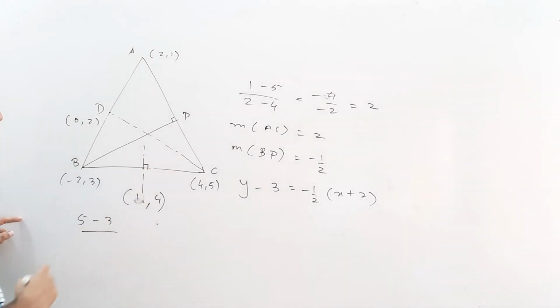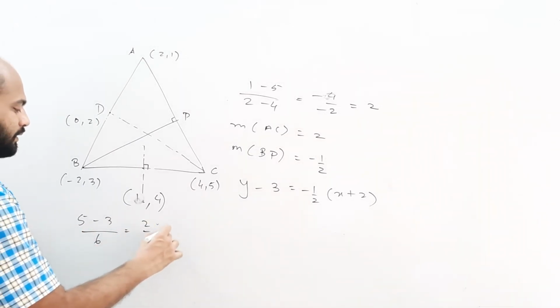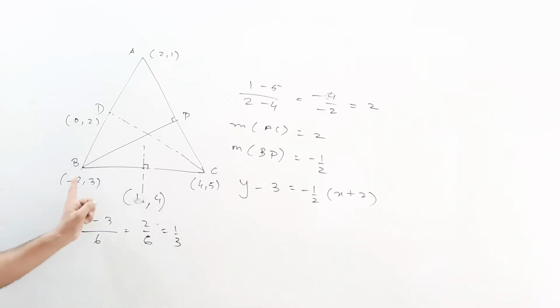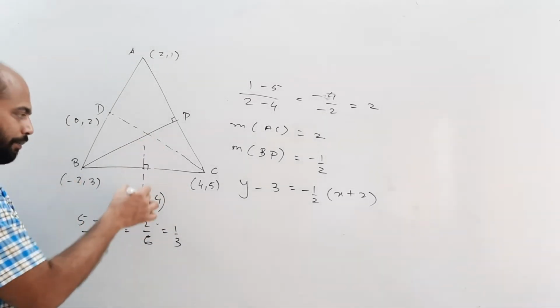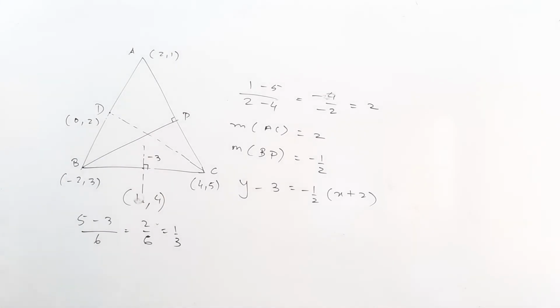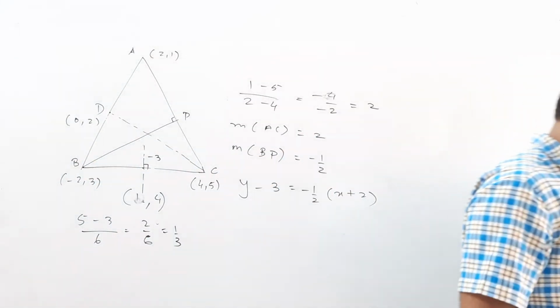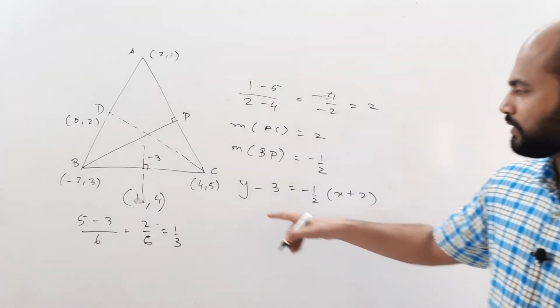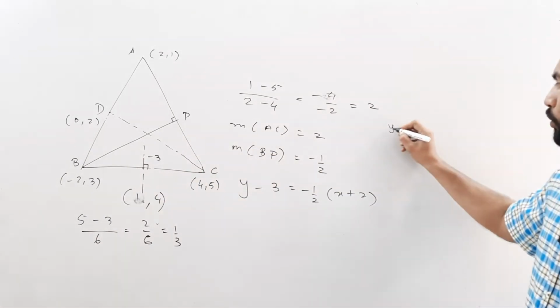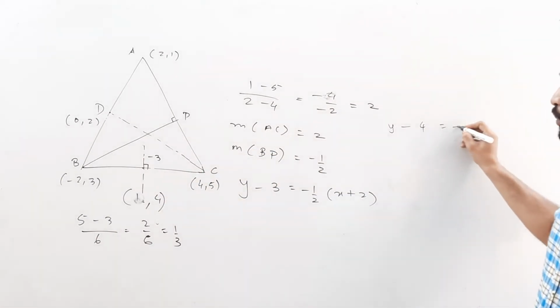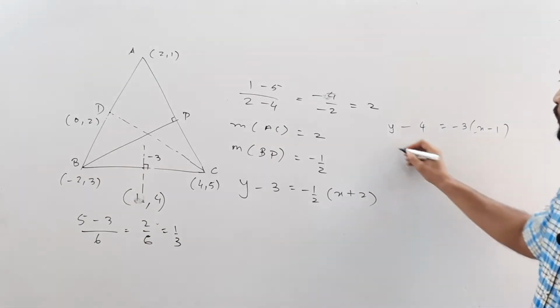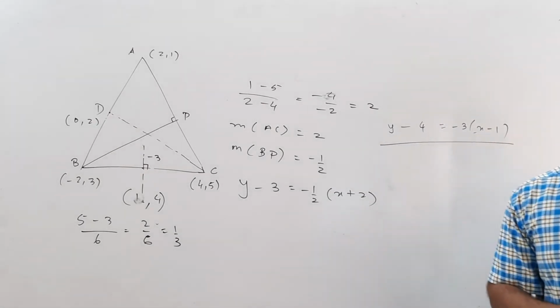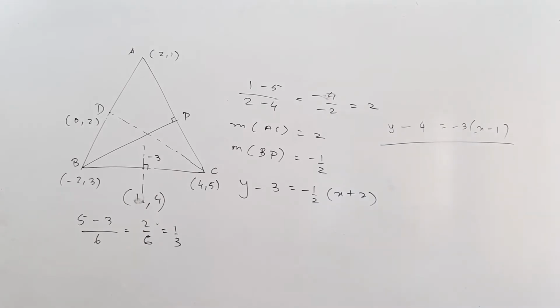Now once we find this point 1 comma 4, we can find the slope of this, that comes out to 5 minus 3 by 4 plus 2. It's going to be 6. It's going to be 2 by 6, that is 1 by 3. The slope of this line is going to be 1 by 3. So the slope of the perpendicular will be minus 3. So next, since the slope of this is minus 3, the equation is going to be y minus 4 is equal to minus 3 into x minus 1. That is the equation of this line. That is a perpendicular bisector.